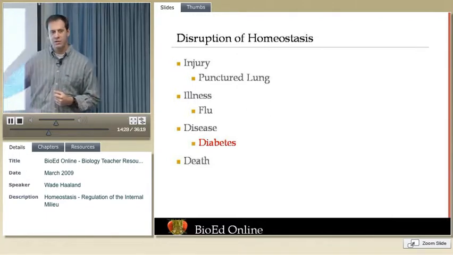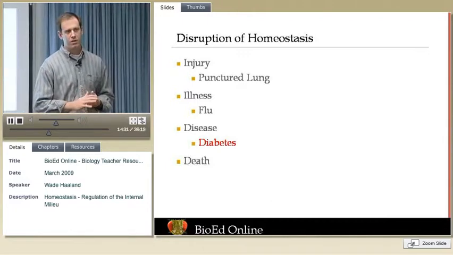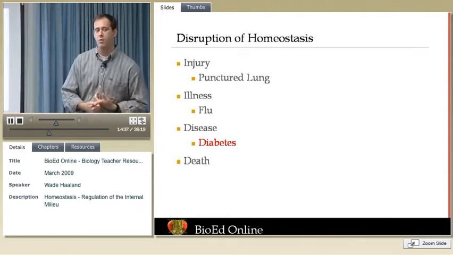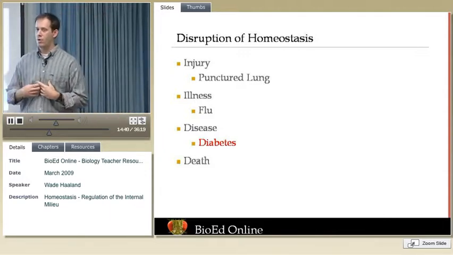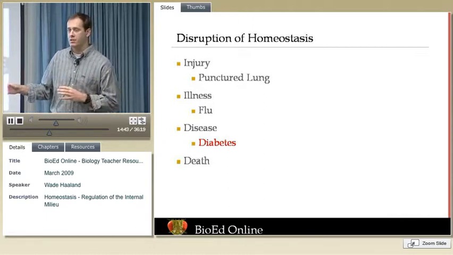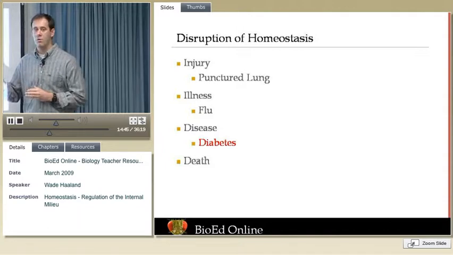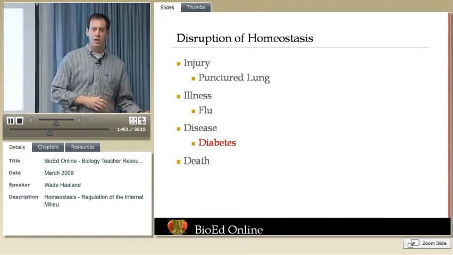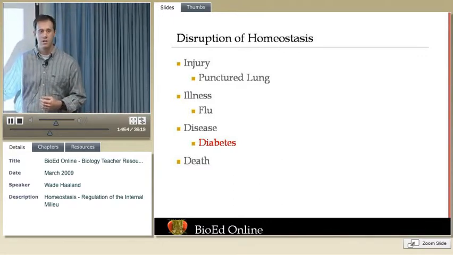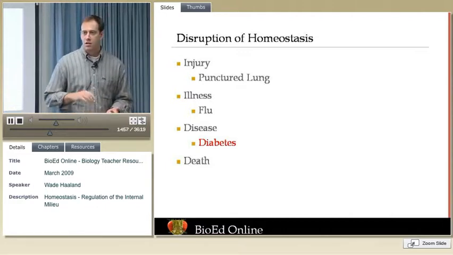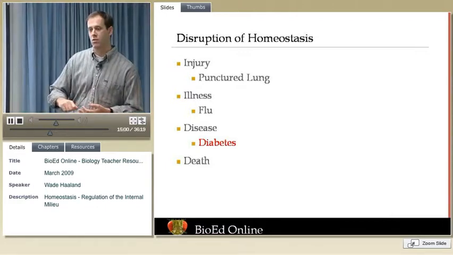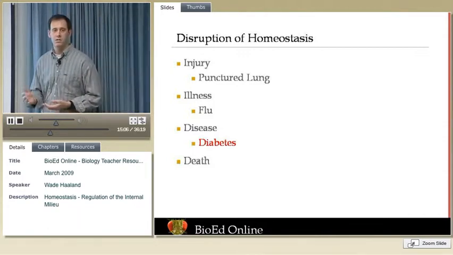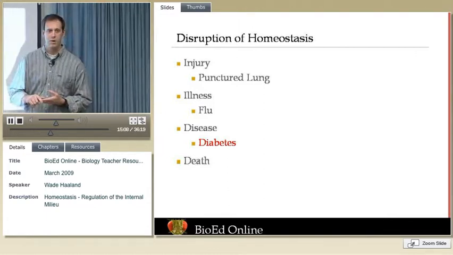Disease, we'll talk about diabetes more. Disease is another way of disrupting homeostasis. We can think about the genetic components of diseases. So some people have a genetic predisposition to diabetes. So they have a genetic component that's going to lead to a disrupted homeostatic system. On the other side, lifestyles can help bring on disease. And thinking about diabetes, if you see somebody that's not exercising or not eating the right foods, we see that they have an increased chance of getting diabetes. That's very simplistic, but that's basically what it boils down to.